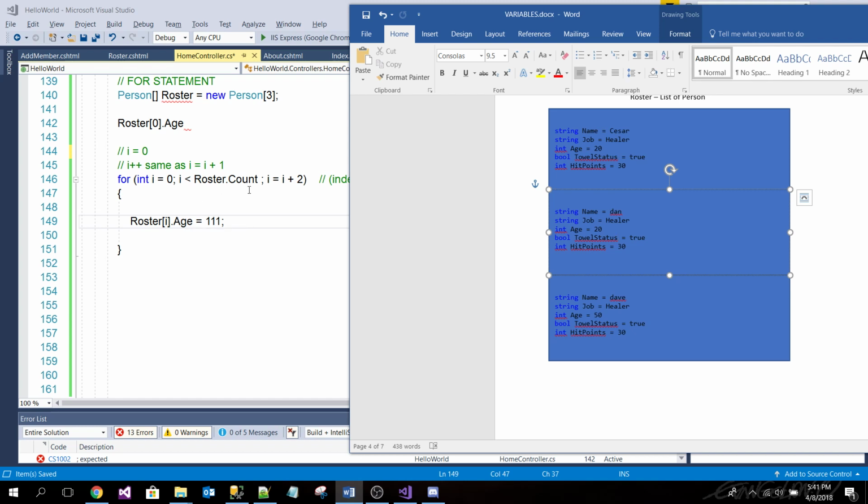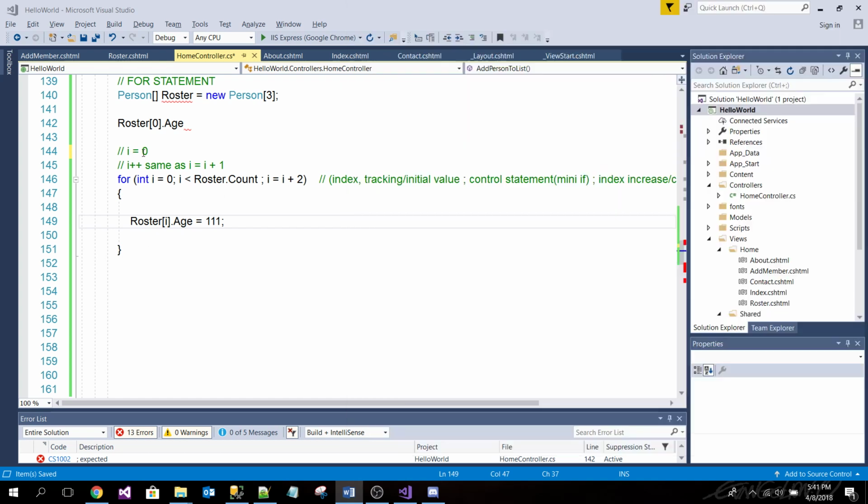No, it's actually 3. Roster count doesn't change. So we're setting the age of the first entry to 111. Correct. And adding 2 to I. So I is equal to 2.